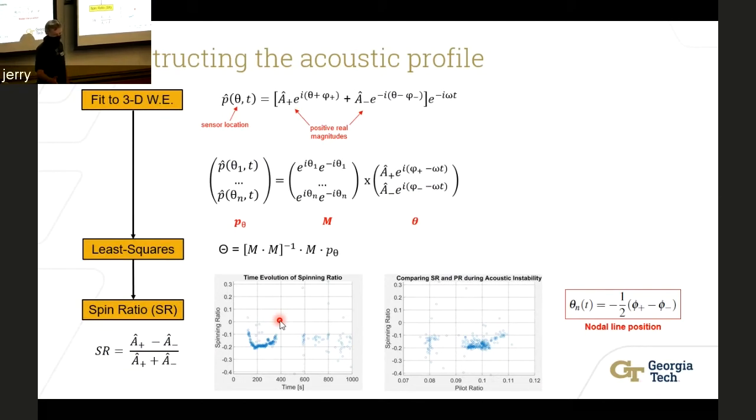It's worth noting that we can also calculate the nodal line position. Picture a propeller on a plane, but with only 2 blades across from each other, so you have a line. This propeller is spinning in the combustor, and that's your nodal line. The nodal line is where we have a lot of destructive interference, but the antinodal line, which is orthogonal to this line, is where we have these modes. So if you can find the nodal line position, which evolves over time, then you can find the temporal evolution of your instability modes.